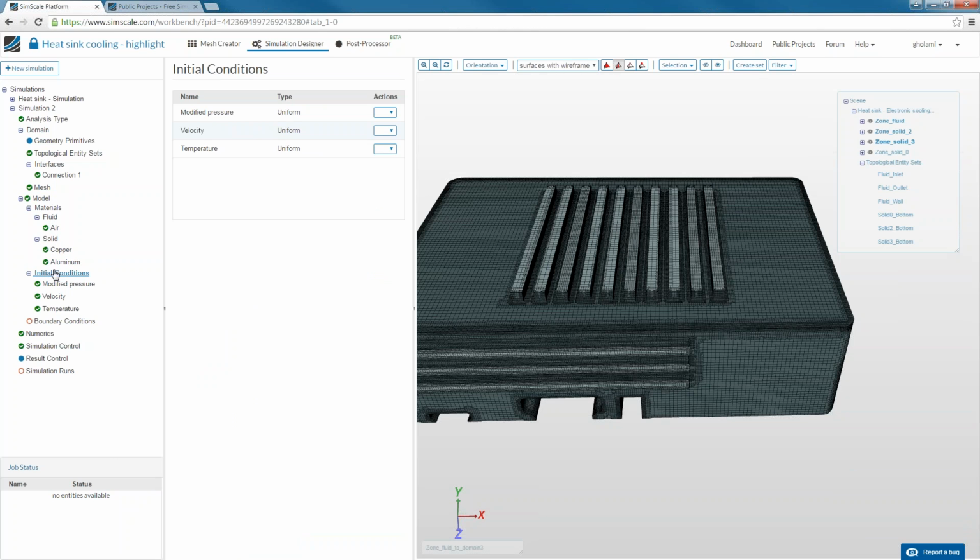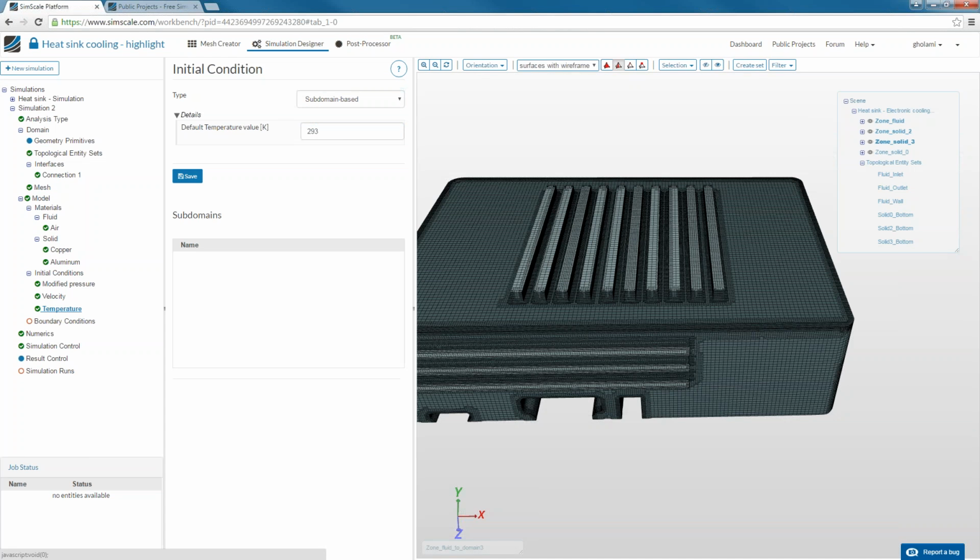Okay. The initial conditions, very similar to before. What we have new is that you can define subdomains for the temperature. I'll show you why this is important. So in this case, let's say we want to say those two elements that produce heat initially are at a higher temperature. So what I will do is to say that everywhere in the domain we have this temperature, but